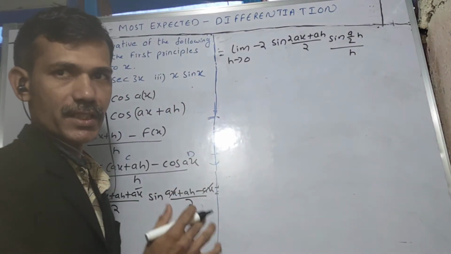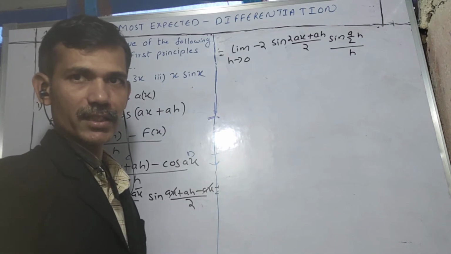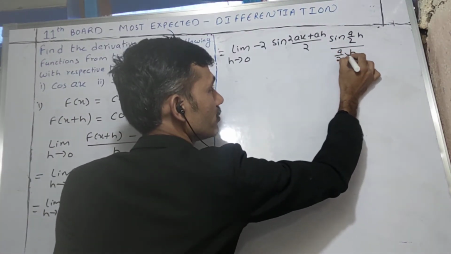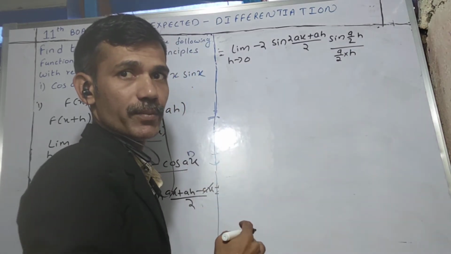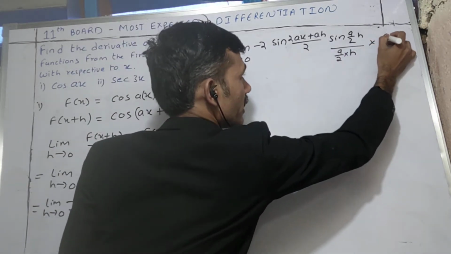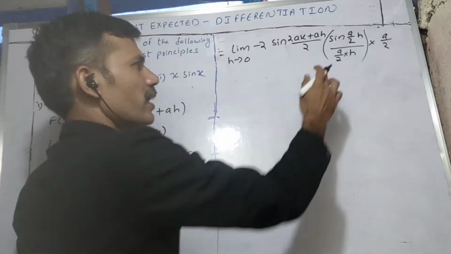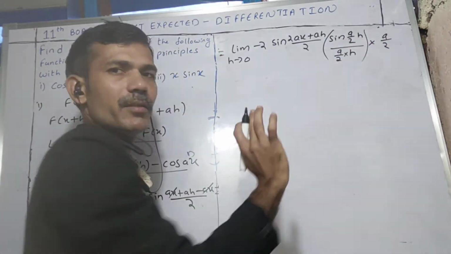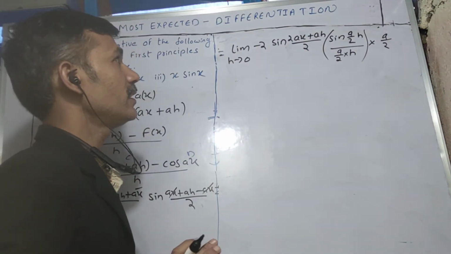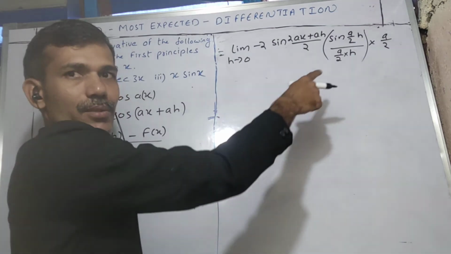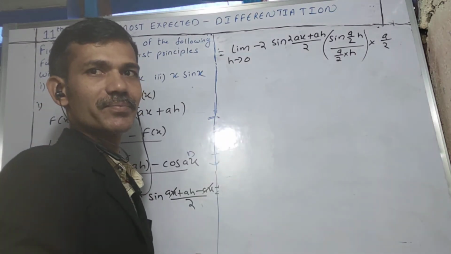Now I will write here. See, if the coefficients before h are the same, then we can apply the formula there. So in the numerator a by 2 is there, and here also I will write a by 2. That means we are dividing actually. So if you multiply with a by 2, then I have not done any change. It is a small manipulation: multiply and divide with a by 2 and done. Next, see here, there I can apply the formula. When h tends to 0, its value is 1.